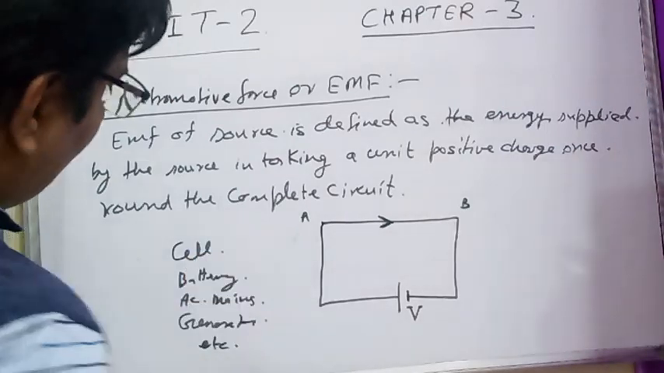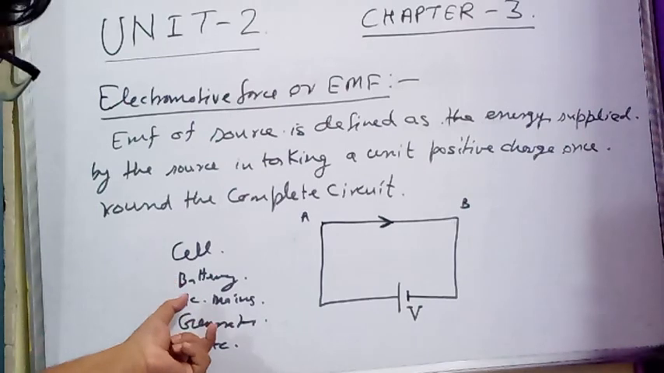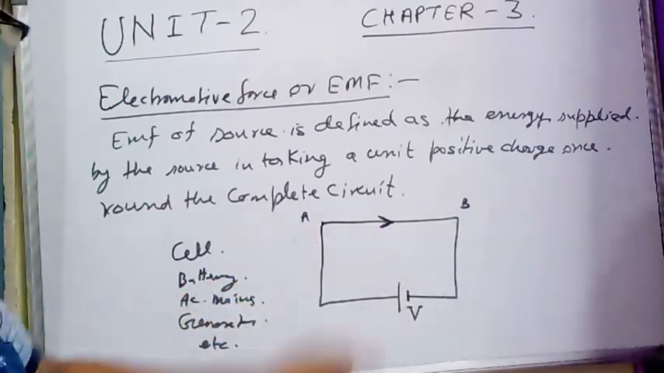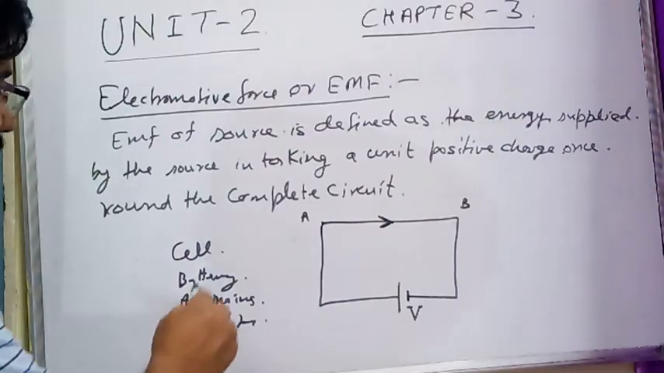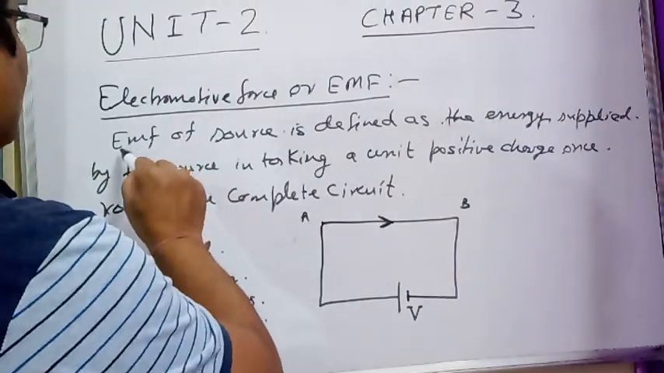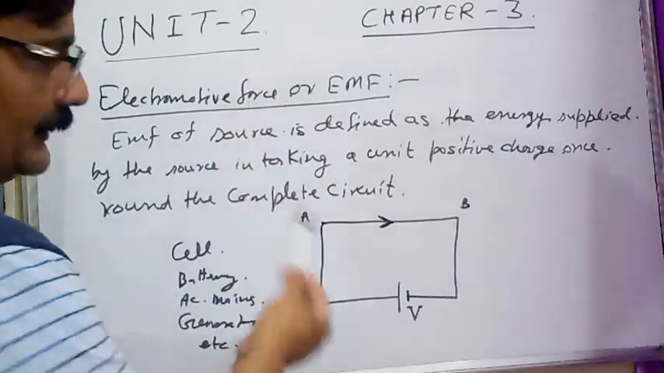All these are called potential sources, or they are providing a potential difference for the flow of electric current in a circuit. How does this charge flow through the circuit? And what is the EMF? EMF is electromotive force, and it is defined as